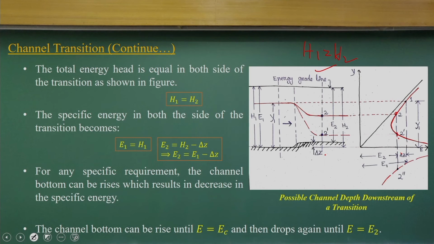Is it correct? That means E1 is the energy at the upstream point, and E2 is the energy at the rise point, and we could have two solutions, one is 2 here, and 2 dash is here. So if you look at it that way, whether the solution is 2 or 2 dash is what we have to try to understand here, as the flow is